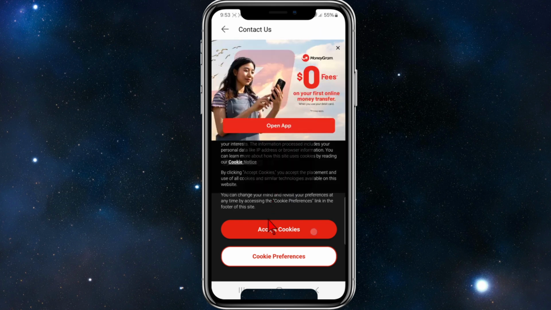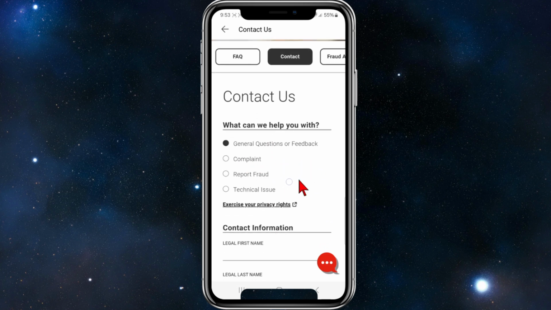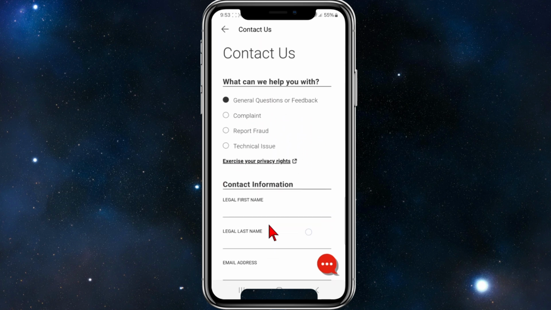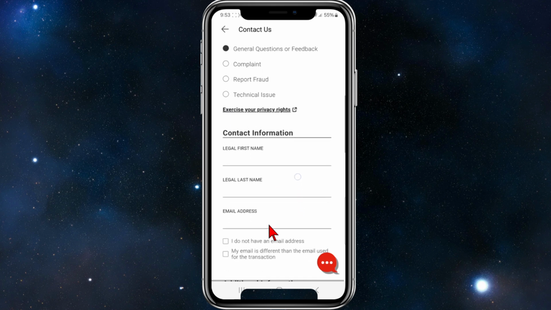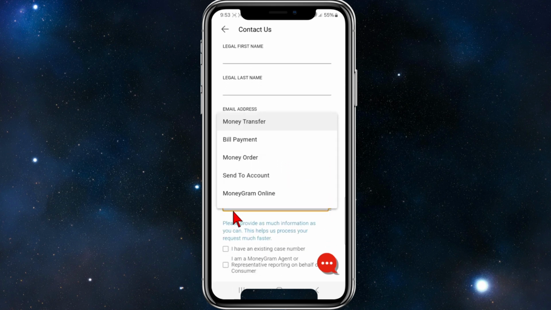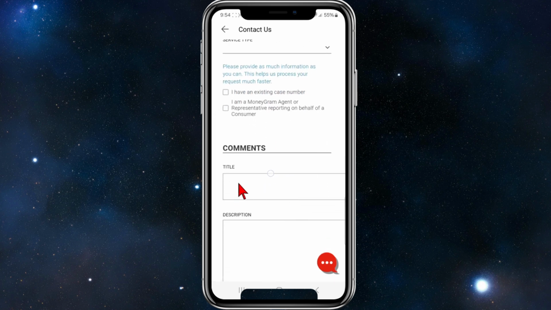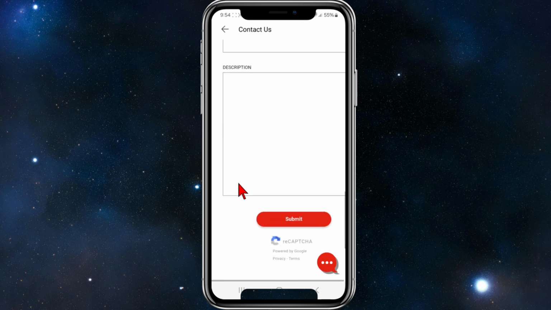Another way we can contact them is by clicking on the Contact Us button. Go ahead and accept cookies. And now there will be a form to fill out. So just do a general question or feedback, and then put in your contact information, first legal name, last name, email address. Scroll down, select service type. Just put in which one best suits your situation, and scroll down again, put a title and just say, hey, I would like to speak to a customer support team member, and then put in your description here and then